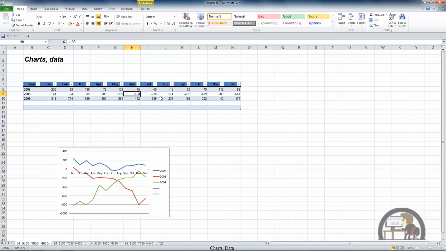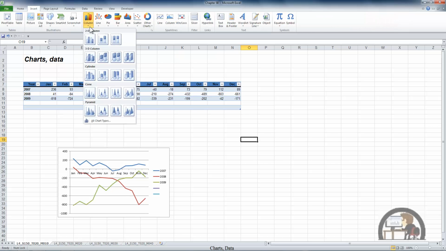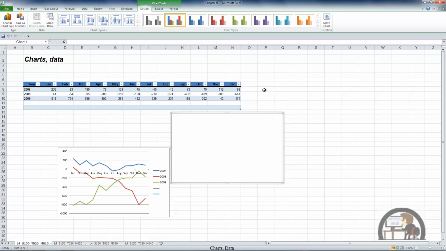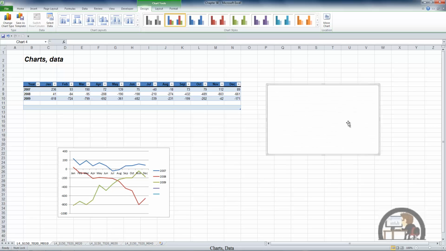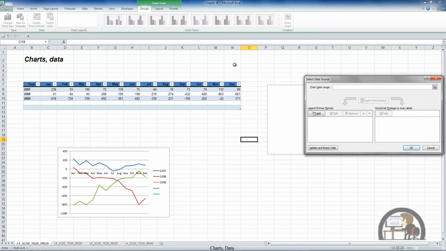We can also build a chart out of non-contiguous data. I'm going to insert a chart, a column chart, a clustered column chart. I'm going to move it over here. It's got no data in it, so there's nothing plotted. I'm going to go to the Select Data dialog box,